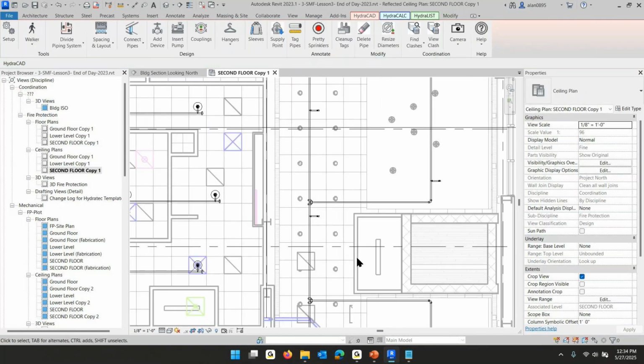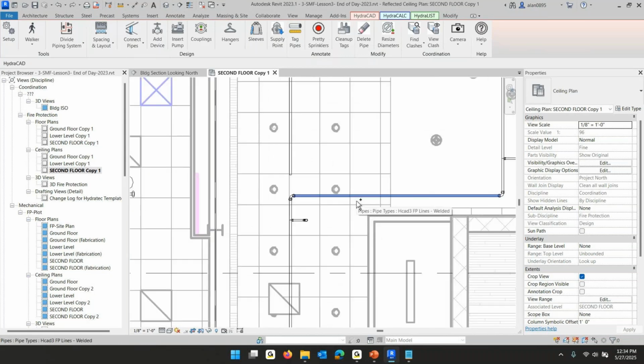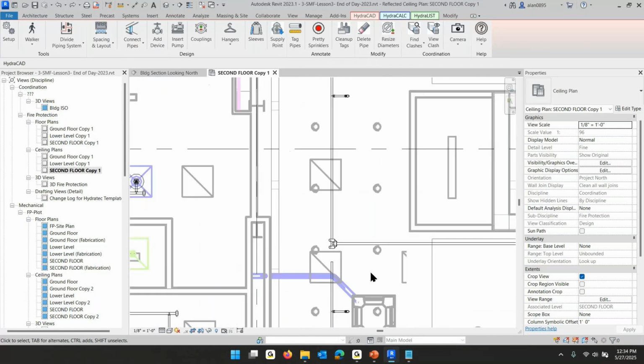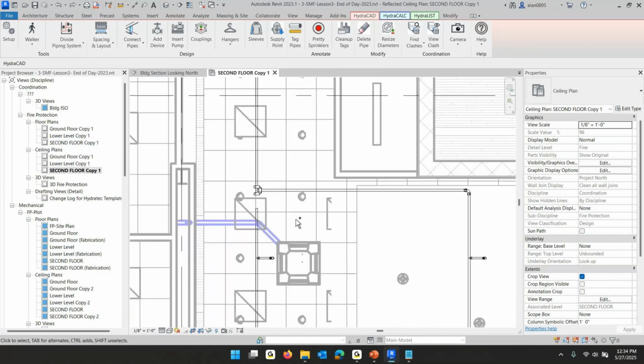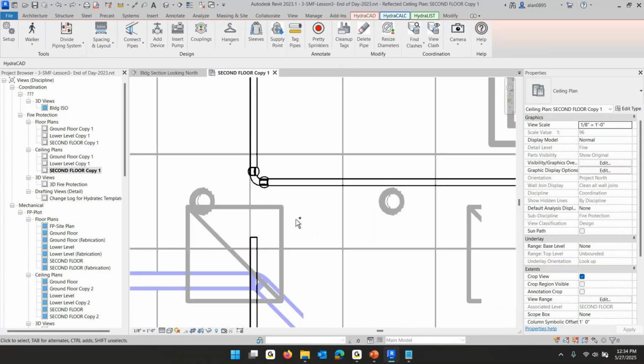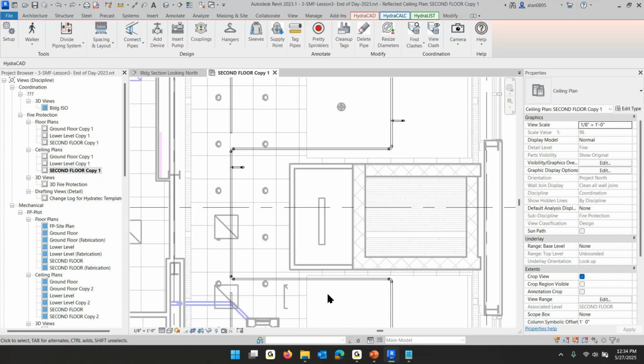Could you quickly show the slope part again instead of having the riser? Yeah. Let's undo. Okay,